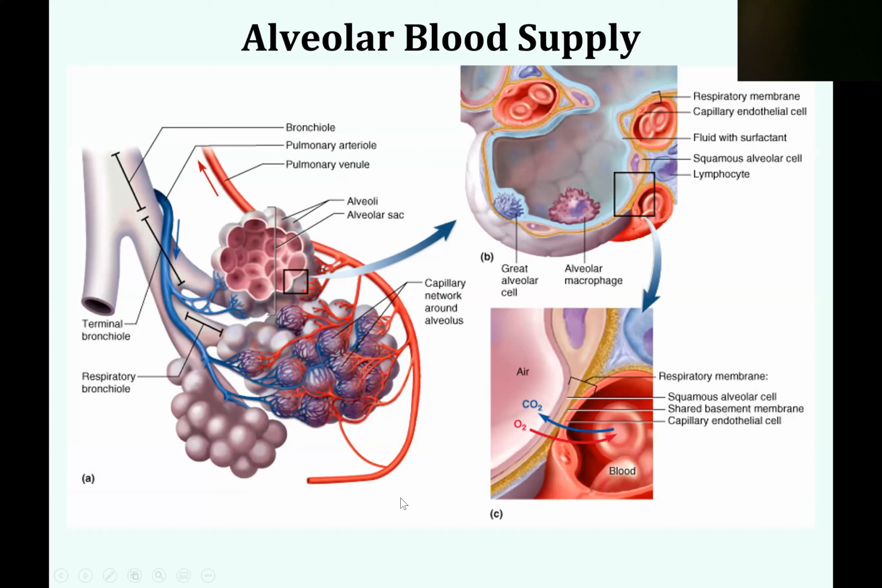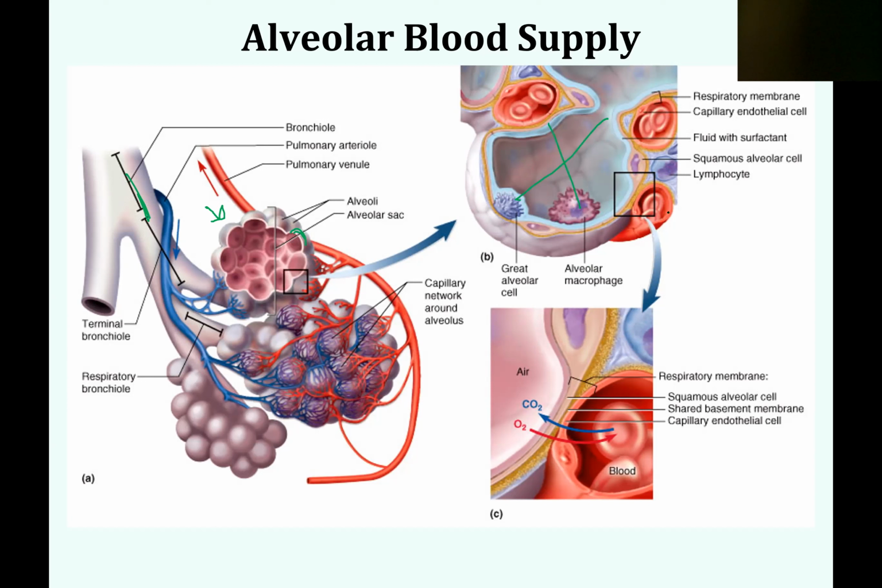Microscopic, all of them. So here you've got the bronchioles. You have the alveolar sacs and the alveoli. This is a single alveolus